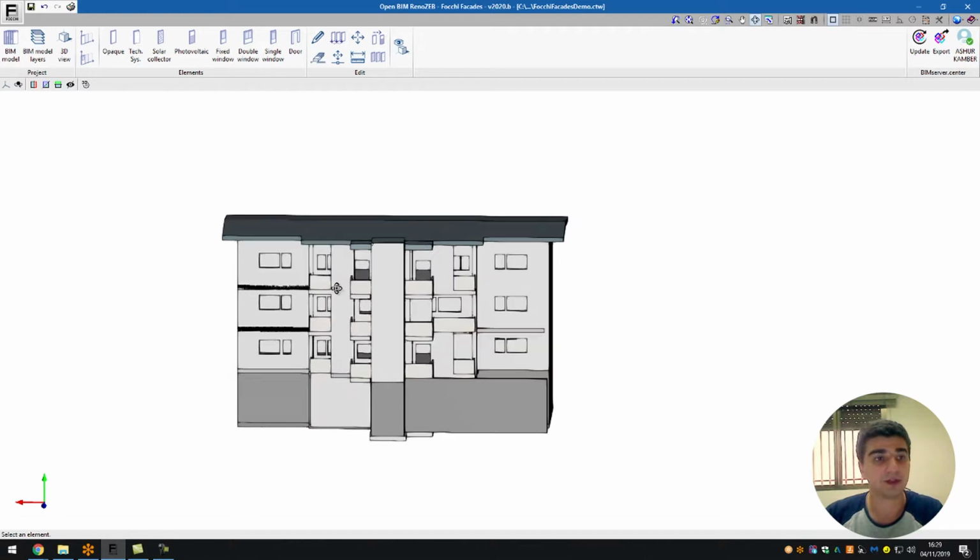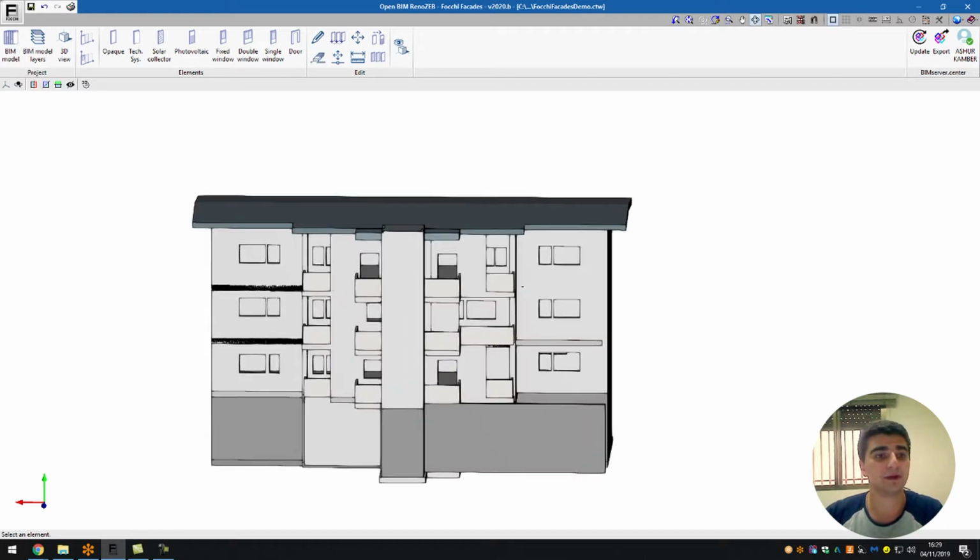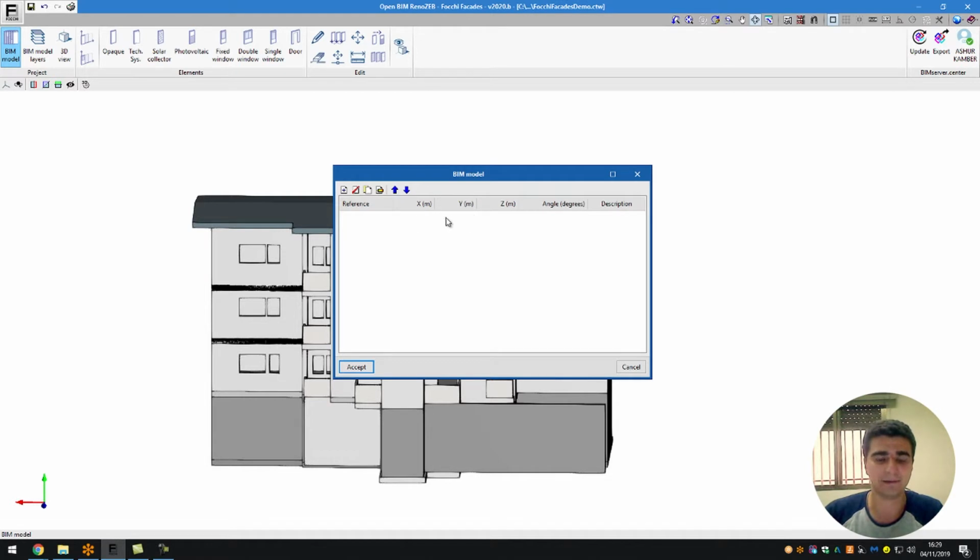In this video, we're just going to be going through three different options in the projects tab. So initially, we have our BIM model. Here, we're able to look at each particular element we've introduced and also the coordinates. So the X, Y, and Z coordinates, the angle in degrees relative to your origin, and also the description. So for instance, as you can see here, I haven't introduced any elements because we haven't started